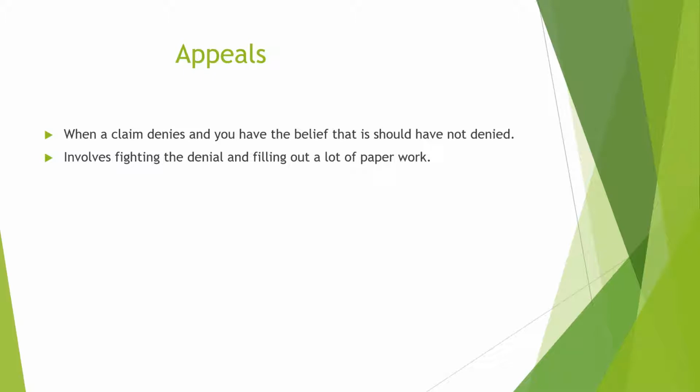When the issue cannot be resolved over the phone, then you will need to write an appeal letter and state your claim as to why the insurance should not have denied services. You would need to make sure you have all your backup documentation to support your claim and a justifiable reason. When you go to submit your appeal, you need to get everything in order, like whether the insurance company has paid on this before, or any evidence that you have. You need to document the phone calls that you made with the insurance companies. You need to document everything and submit it with your appeals to help back you up